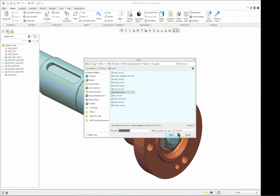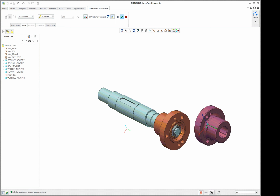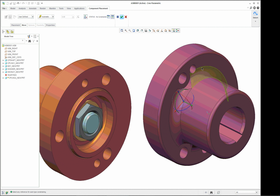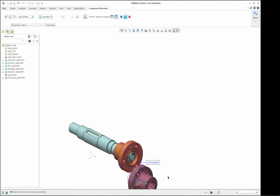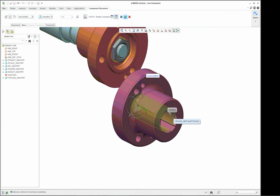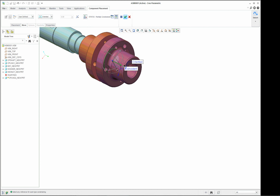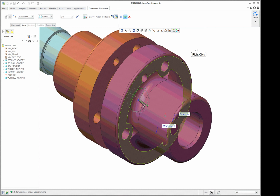Next component we're going to put on is the second coupling, the straight coupling. And I think what I'll do is I'll line up this dowel to this dowel. And then also add the shaft here, the hole. And I'm just going to line it up with a curved surface on the other side. Looks pretty good. Going to need a third one,